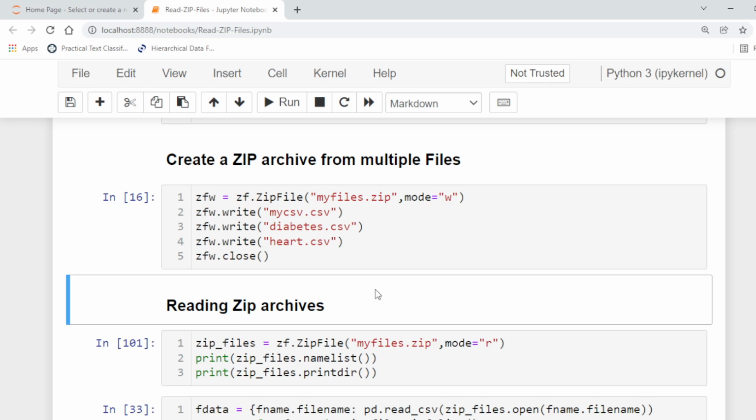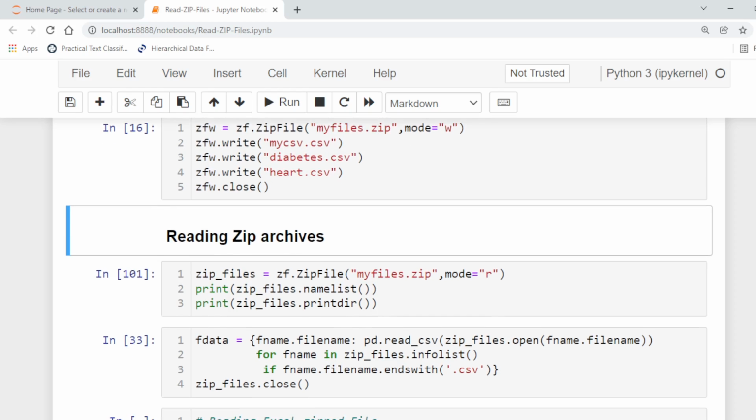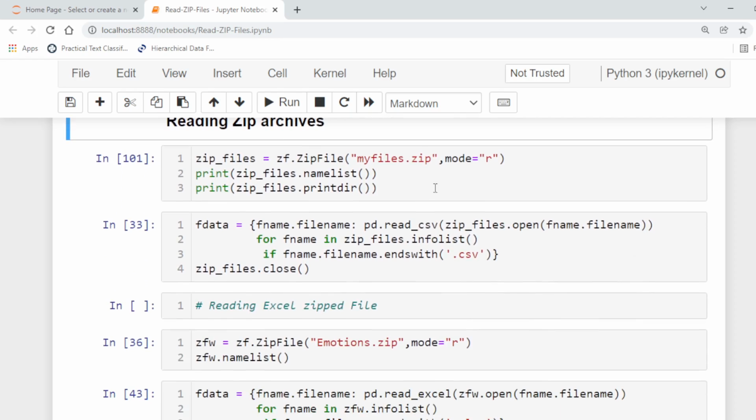So now myfiles.zip is created, which contains 3 files in zip format. Now to read this zip file, let's say we run this.